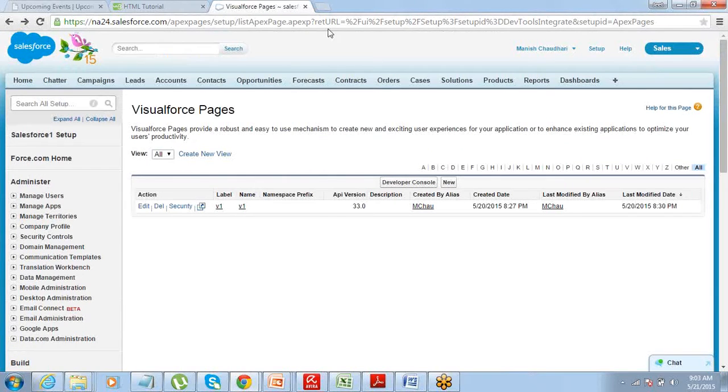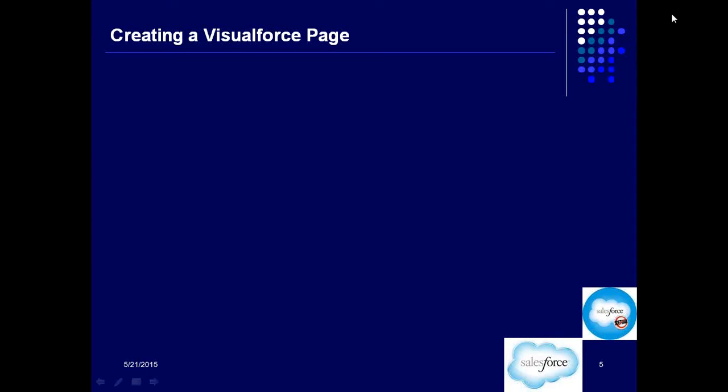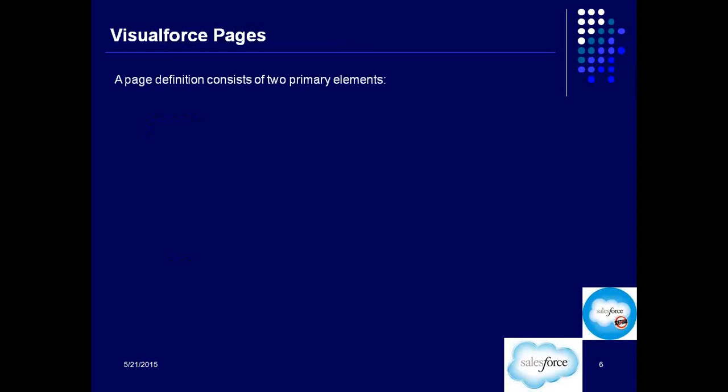So that's about creating a Visualforce page. Now let's understand a few more terminologies in order to put content into the Visualforce page. Let's understand what all content comes into the page and how it comes, right? So I think everyone is clear by now about creating a page. So it's quite simple, right? Now the next thing that we are going to talk about is what all content can we put into the page and what are the different types of content which comes into the page.